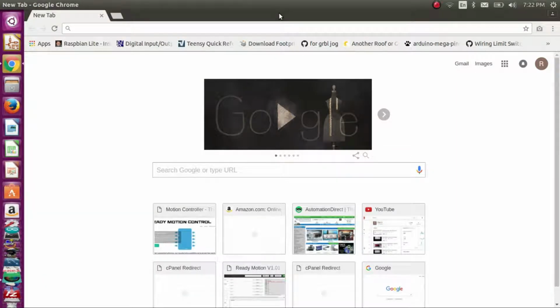Okay, so today I'm going to show you the ReadyMotion interface and how to use it. So first things first, the ReadyMotion interface isn't an actual software that you install on your computer. The ReadyMotion interface is actually built into the ReadyMotion controller itself, which is a big benefit if you are using